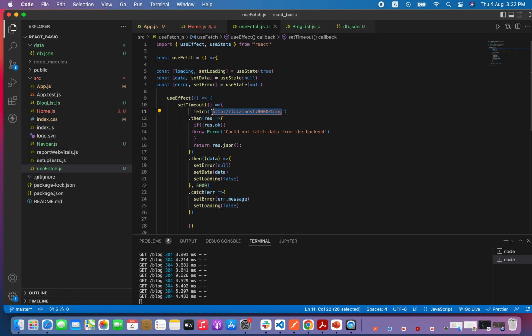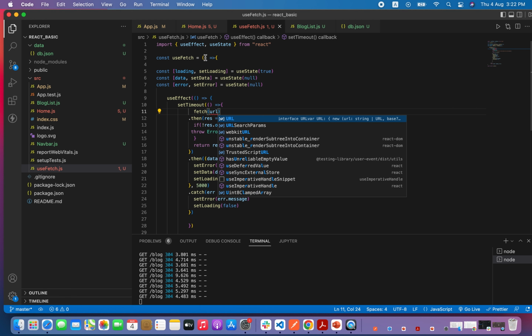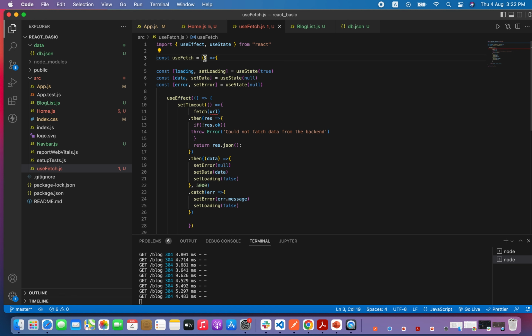So we would like to use some kind of variable here, maybe URL, we call it URL, and then we come here, we pass that same URL because we can make use of it later in the future. And by this, we pass it in here and we have it here so that we can make use of it. Okay, that's it. So let's see how we can use it now in our application